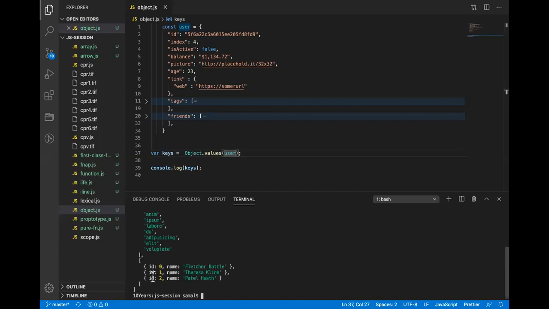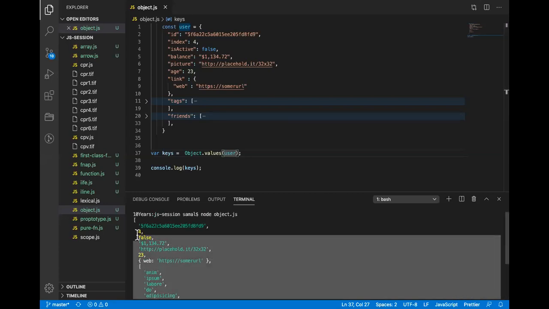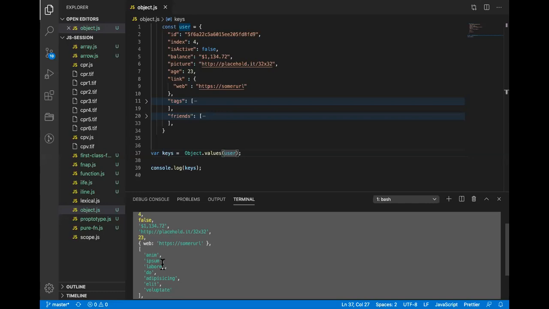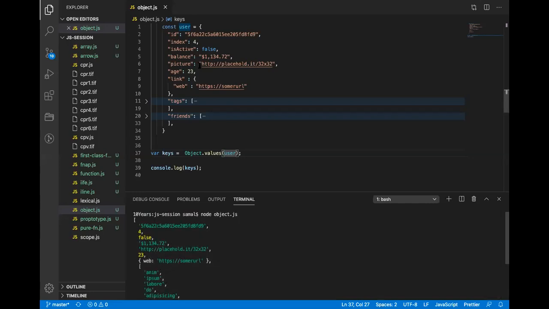It basically extracted out all the values of that object and converted them into an array, and inserted them at the respective index values. So the first key is added at the 0th index, and this was added at the 4th or 5th index, right? Keys are very heavily used when we want to identify whether a key is present or not, or whether we want to operate on a key.